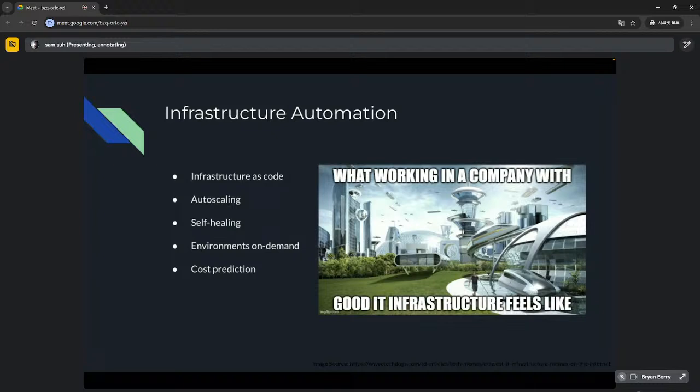Question: if the company is small, should the backend engineer take care of DevOps?